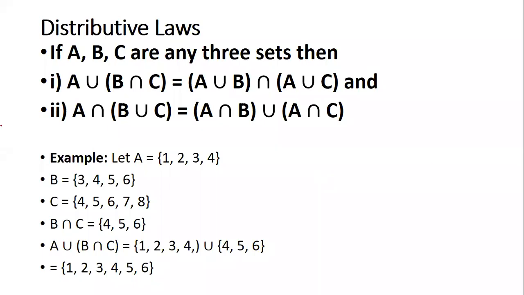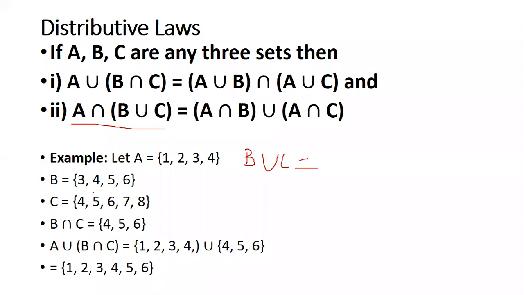Let's continue. Now going to rule number 2. In rule number 2, first we are supposed to prove A intersection (B union C). In this A intersection (B union C), what do we have to find out first? Which part of the expression should we solve first? Good. Now B union C is what we are supposed to solve. So let us find out B union C.